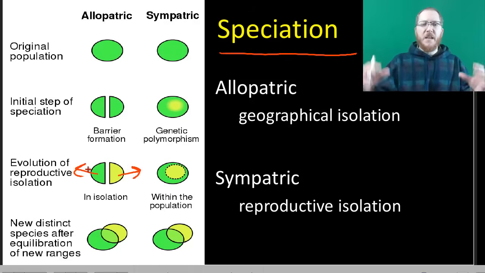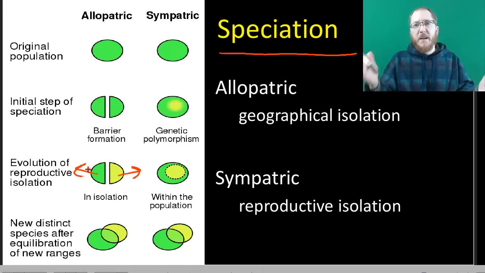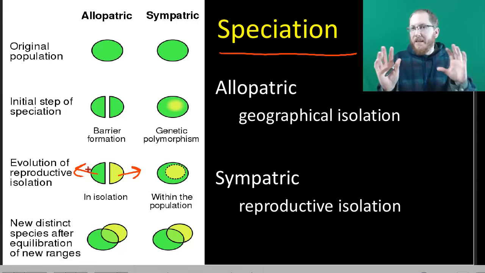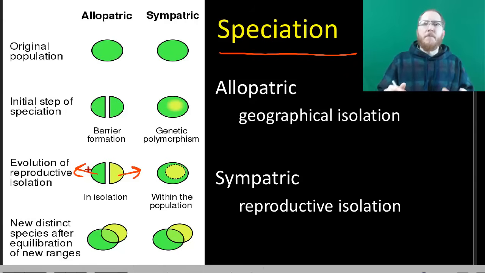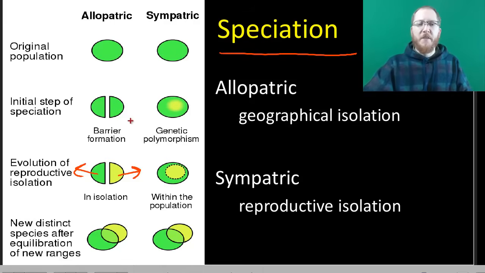And then eventually, if they come back together, they may be different enough that they don't look at each other and think sexy time like we talked about before. They look at each other and see someone who's more just a competitor. They see someone that is, in some cases, I guess, maybe prey. That'd be kind of extreme, but they don't see someone that they would want to mate with. And so at that point, we would have speciation by our default concept. And so geographic isolation allowed for reproductive isolation. The other way is sympatric, where speciation occurs kind of within the bigger population, within the parent population.